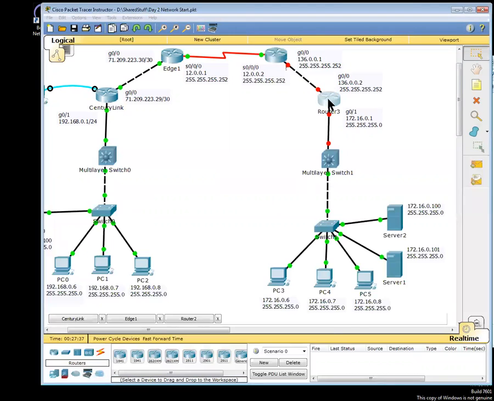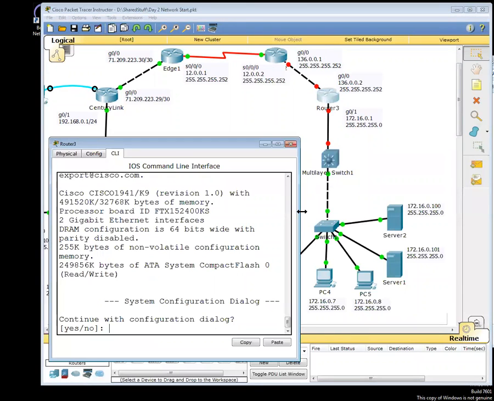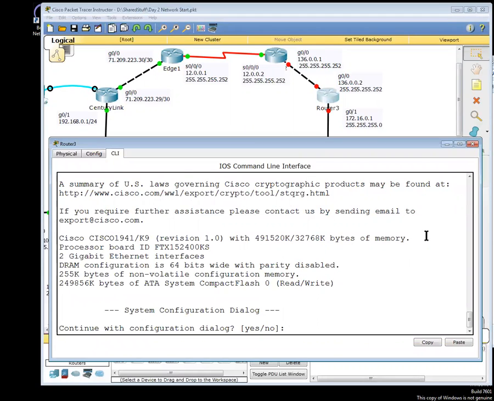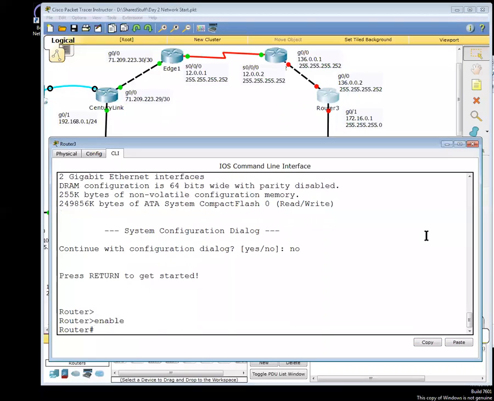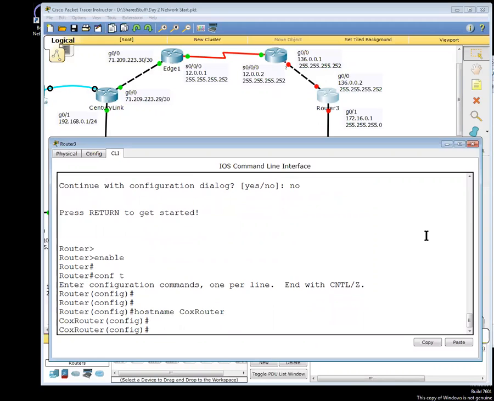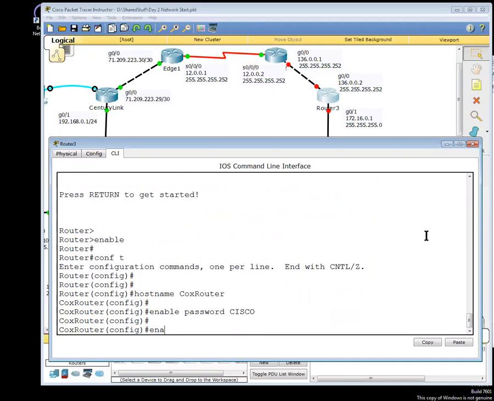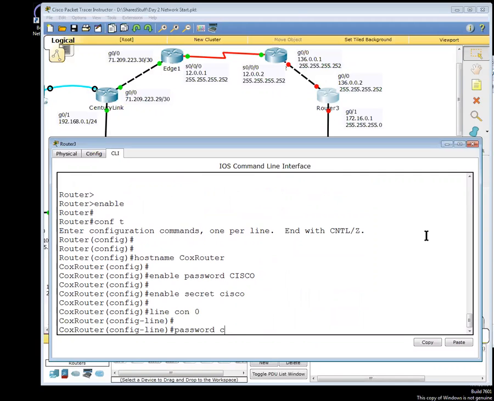Finally, we're going to go over here to the other side. This is our branch office, and this is a Cox communication device on the other side. So I'm going to name that Cox. Enable, and then we'll do a config t, hostname Cox router. And we're going to go enable password. Now we're just doing the enable so that you'll learn the command. Enable secret Cisco, line con 0, password Cisco,